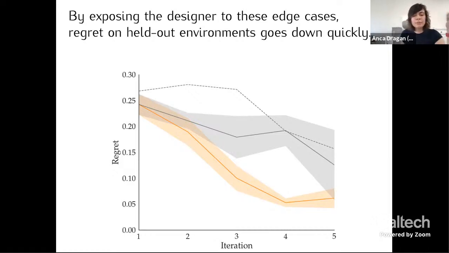So this is work in progress, but I'm excited about this notion of, we call it assistive reward design. I'm actually building AI tools that can help me specify these costs or reward functions for a particular task by taking my attempts and then exposing me to edge cases that I might not have thought about.